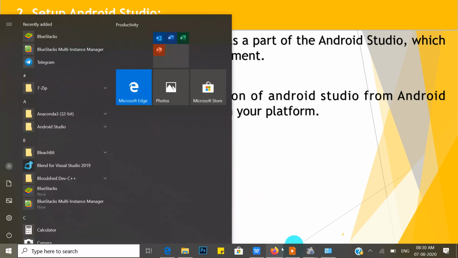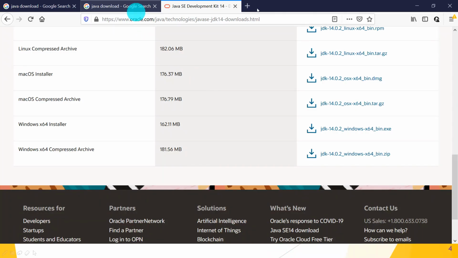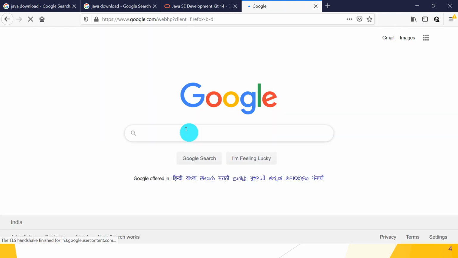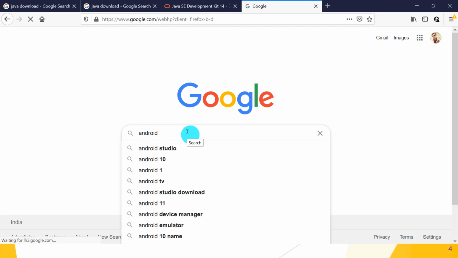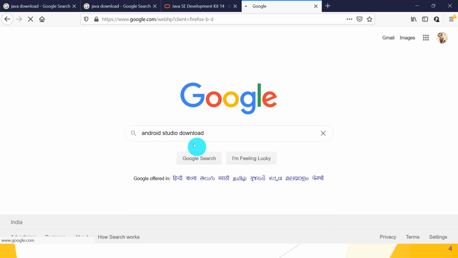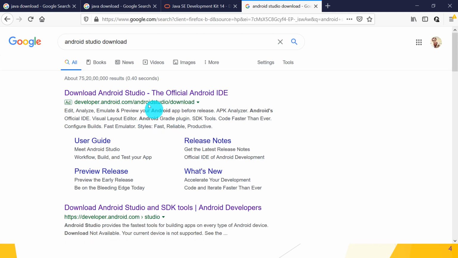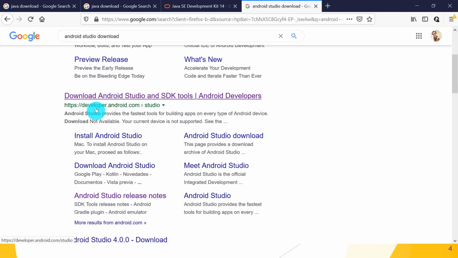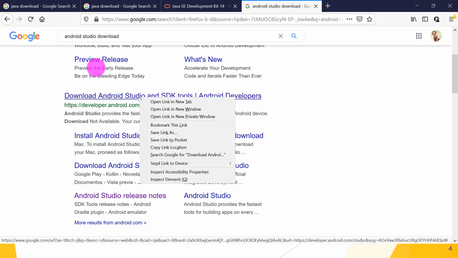So go to Google. On Google, write Android Studio download, then go to its official website, developer.android.com. This is Android's official website where Android Studio is present.